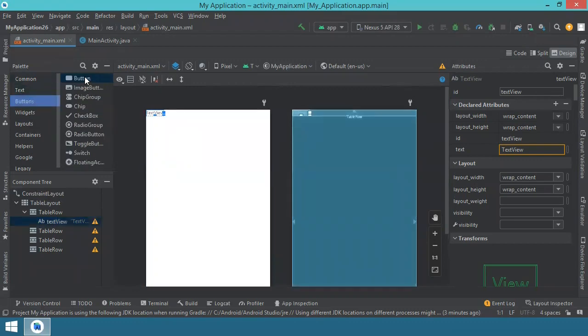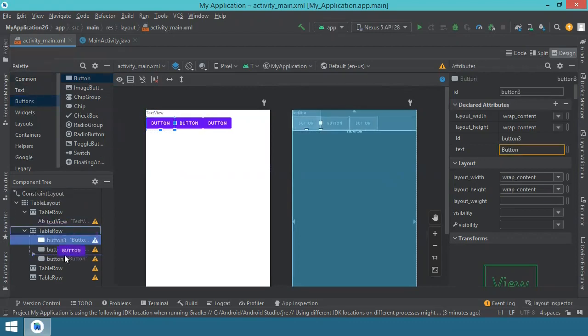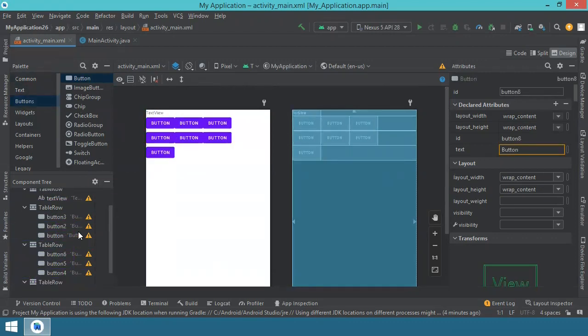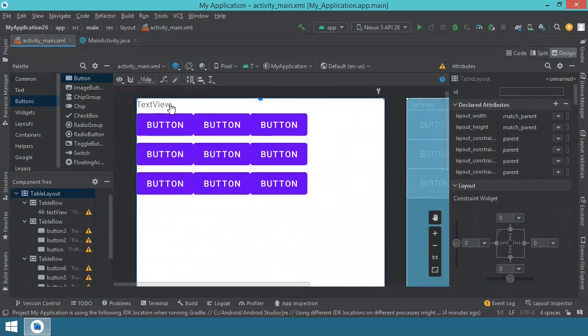Then you have some buttons. You do the same. But at this point, I have a text view and I have 9 buttons. However, this will not be enough. So we need to add one more row. If you minimize these rows,